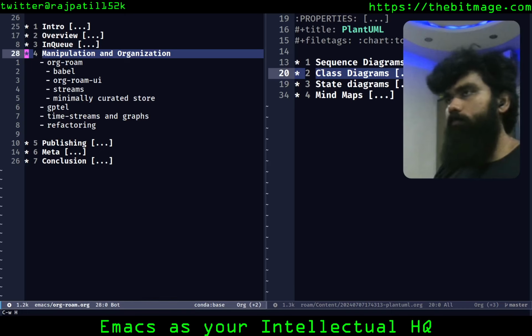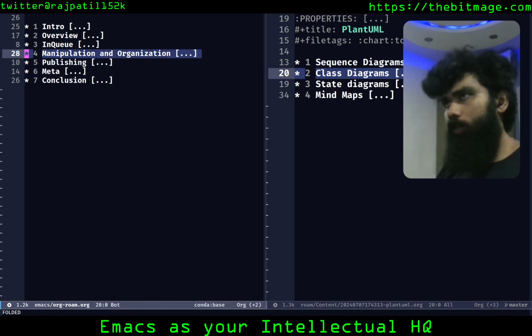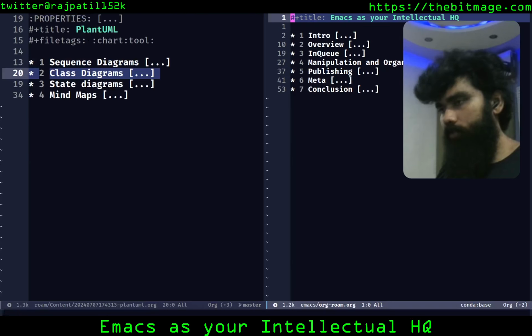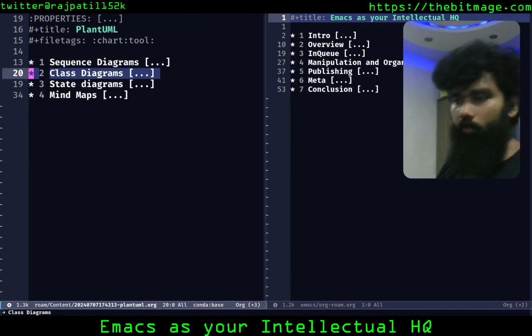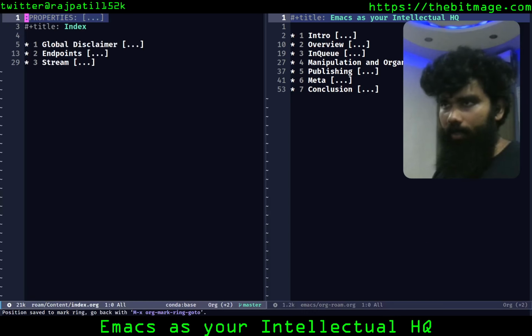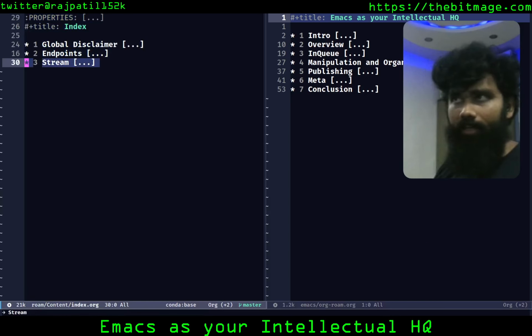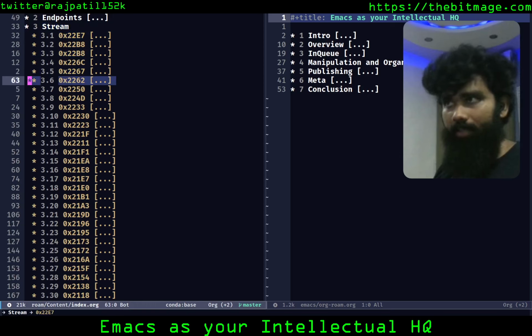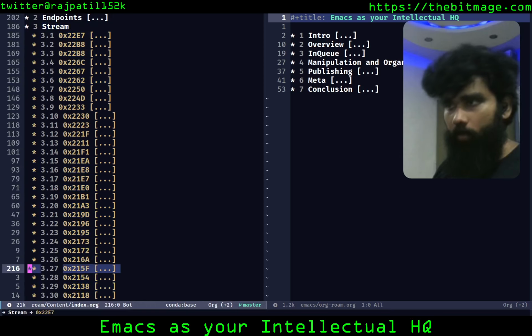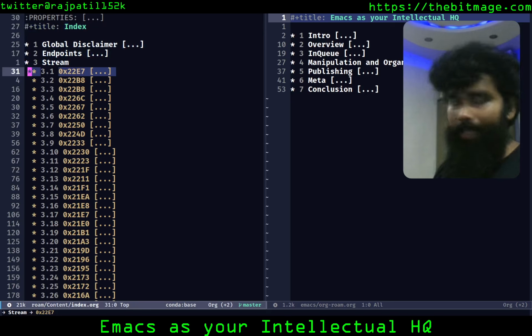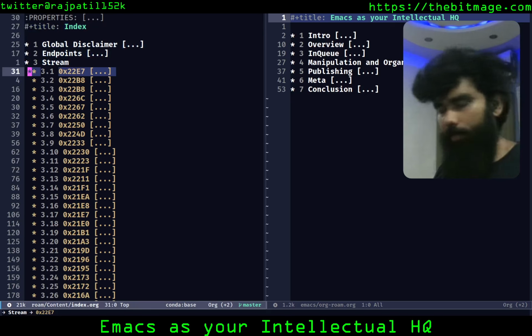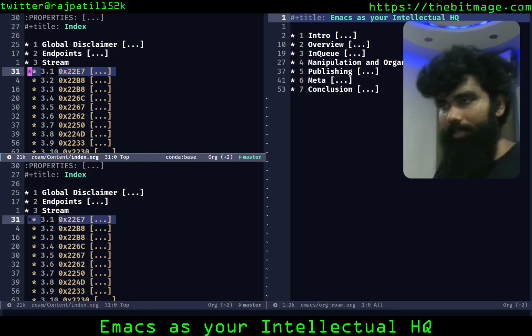Now, something that I also like to work with is streams. Streams is something that I just use on my own. If I go to my index, you should see a stream heading here, and you should probably also see a stream heading in a lot of places. What you see here are timestamps, and these timestamps are, by the way, the number of days I've been alive in hex. I wrote a simple Elisp function for that.